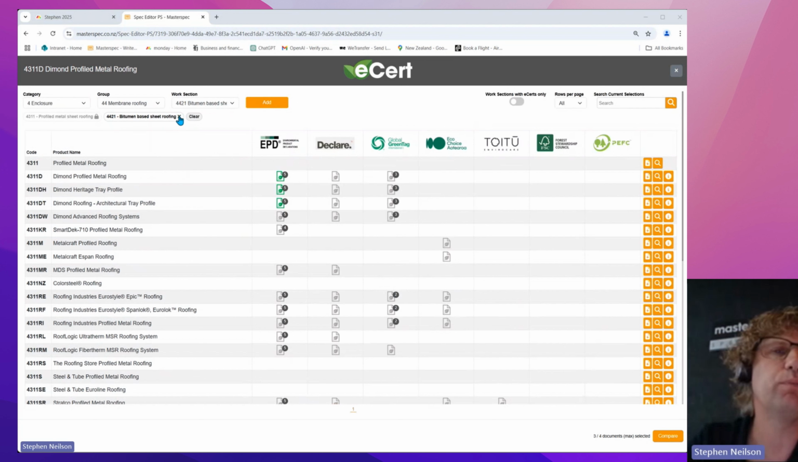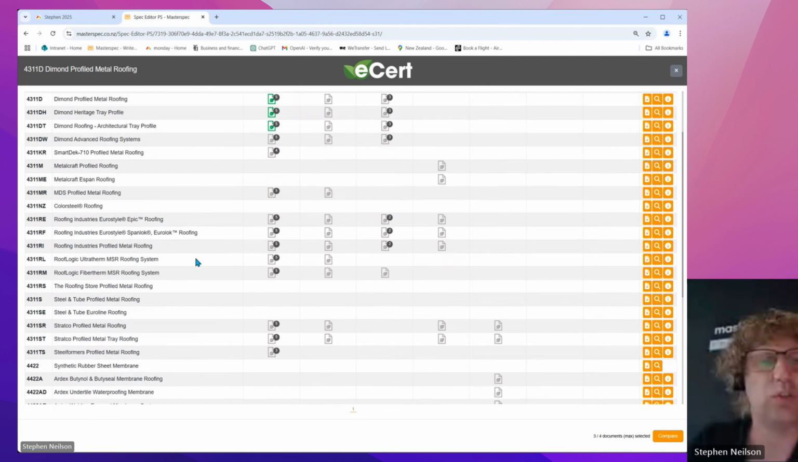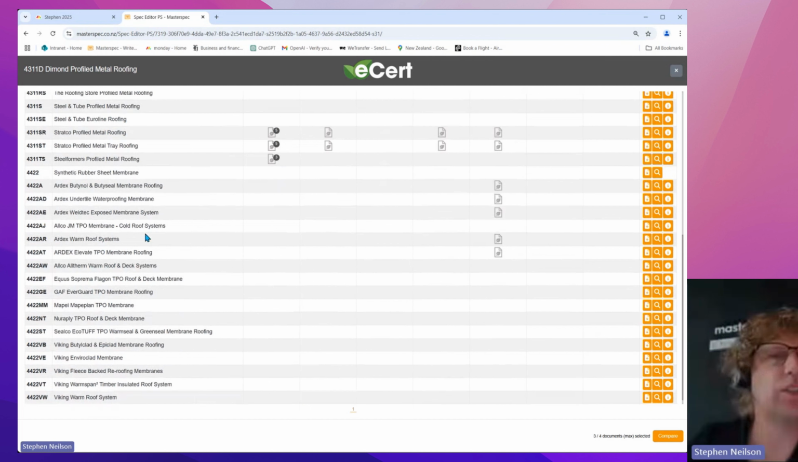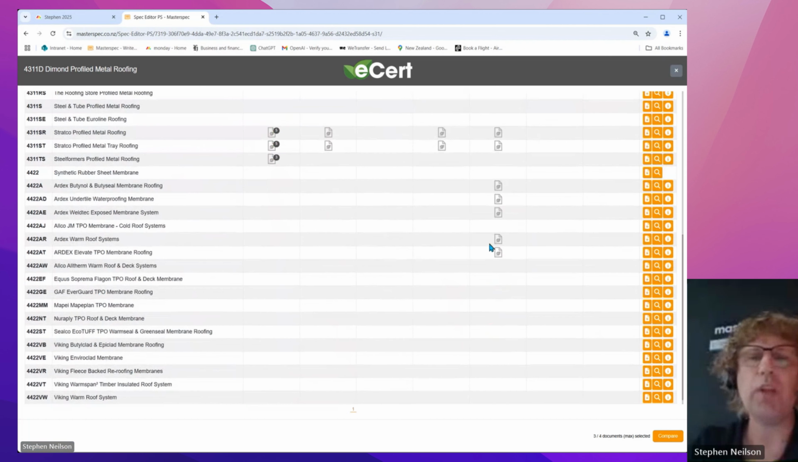You go remove, and you can then go along and find the different one that you want to add. So maybe the synthetic rubbers will have more documents to it. And you can see we have a couple more in here. They are the T2 documents. Once again, you can actually grab these and compare them. But this is quite good if you're wanting to compare